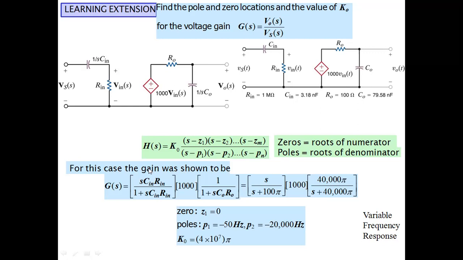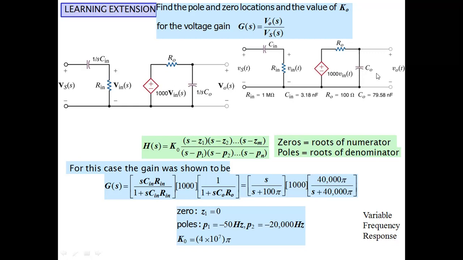If you are solving the gain, you will get an equation like this: the voltage across this capacitor, you can write that voltage as S into C in into R in,